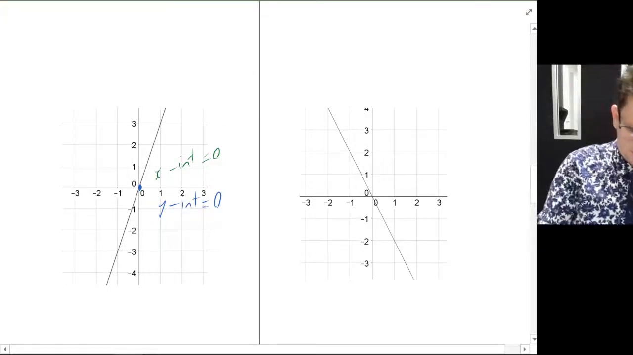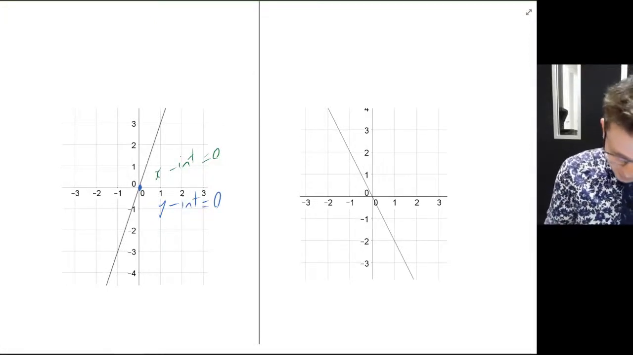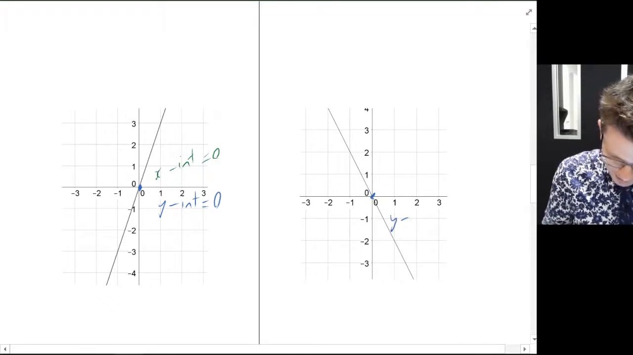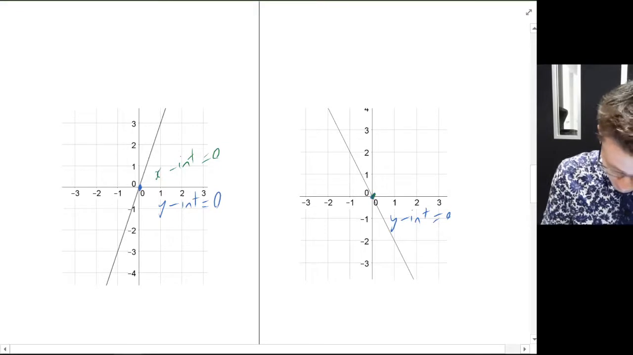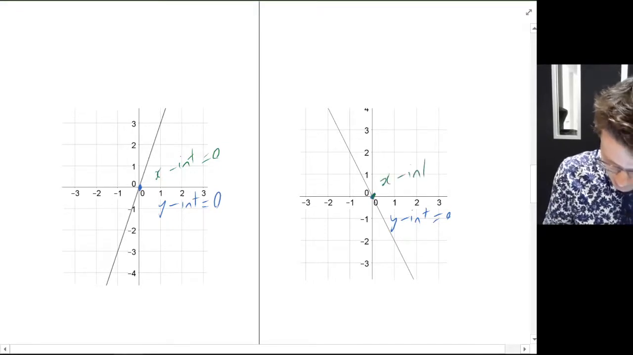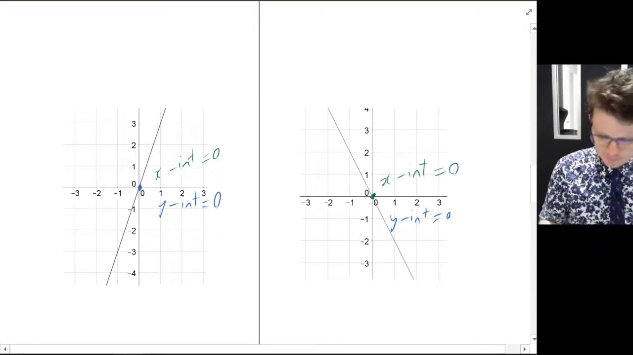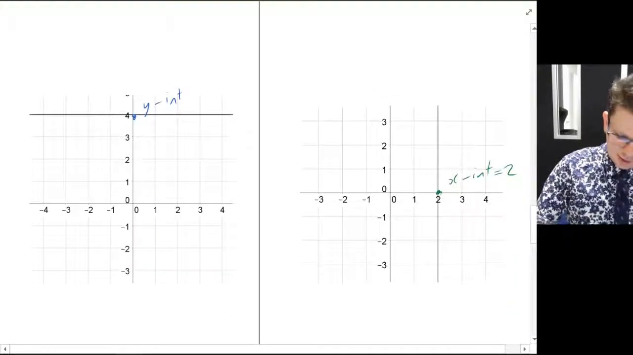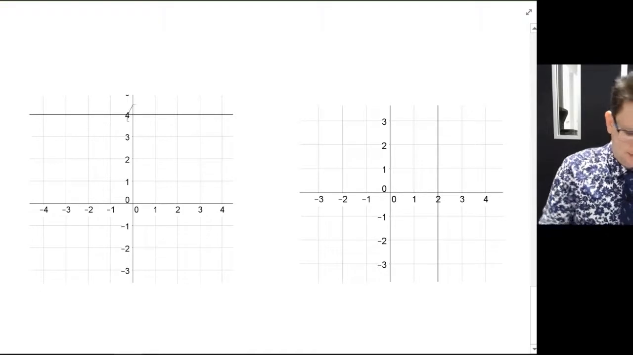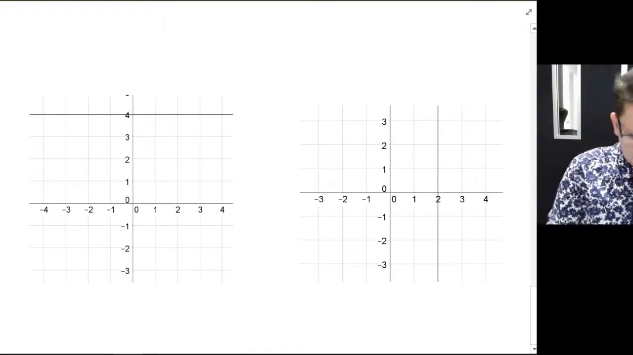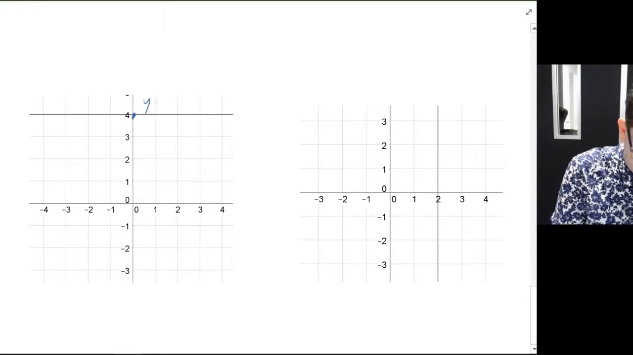Alrighty, so hopefully you've had a go at this one. The y-intercept is 0, as is the x-intercept. Now these are two strange ones that we haven't had quite much of a look at just yet, but if you have a look, you'll see that this one, the y-intercept is 4,